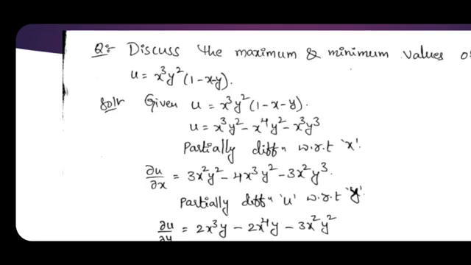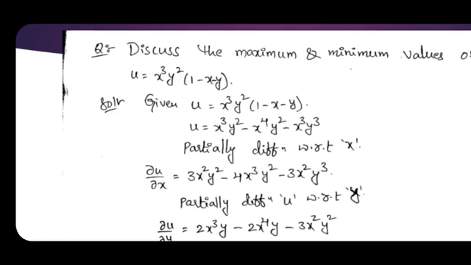After that we see this in detail. First, for the given function u we do partial differentiation with respect to x and with respect to y. We know that we take fx(a,b) equal to 0 and fy(a,b) equal to 0. That means we take ∂u/∂x equal to 0 and ∂u/∂y equal to 0, and solve these. We finally get the values of x and y.